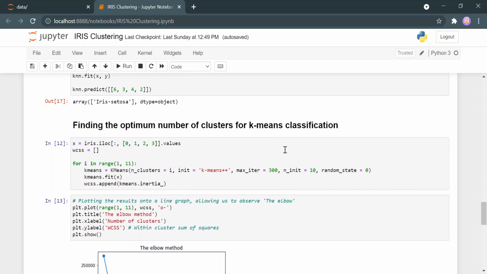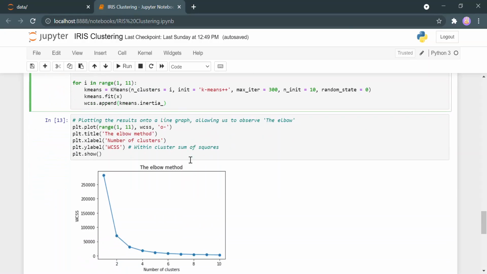The next method is the k-means method for the optimal number of clusters. In this we'll be using a method called the elbow method. First we'll be training our data based on the k-means algorithm and storing some values called the WCSS, which is within cluster sum of squares. Now we'll be plotting a graph, and as we can see, this is called the elbow method, as this graph is arm shaped, and wherever the elbow is formed, that point is known as the optimal number of clusters for a given data set.